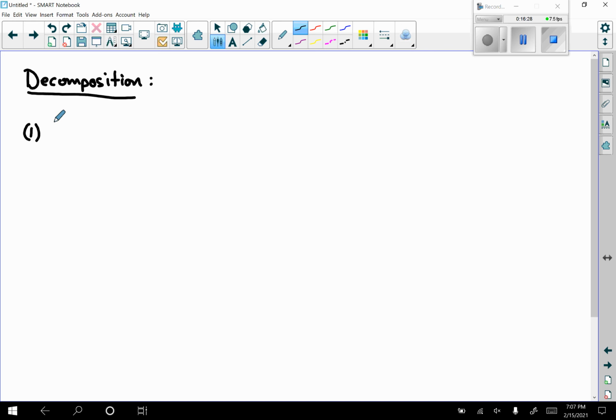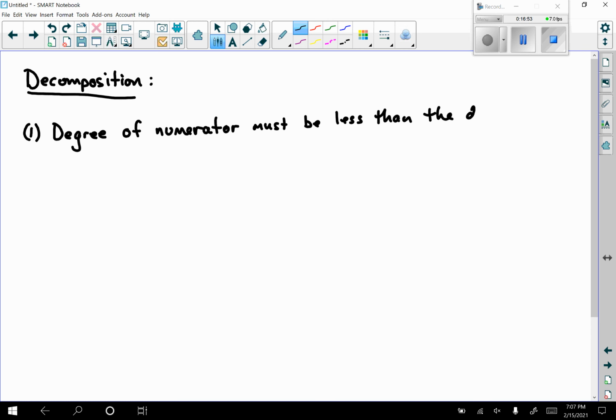So the first rule, what we're always trying to see for this decomposition to work, like the last example I did, is that the degree of the numerator must be less than the degree of the denominator. And degree is the largest exponent to show up. Well, what happens if it isn't? We got that covered. If not,